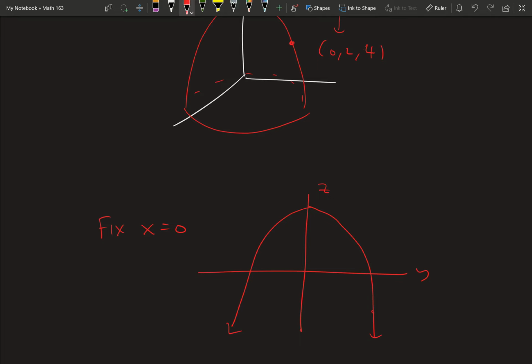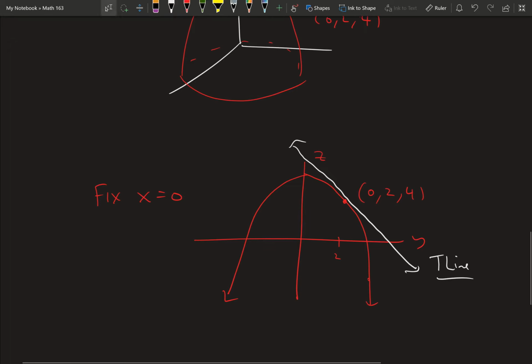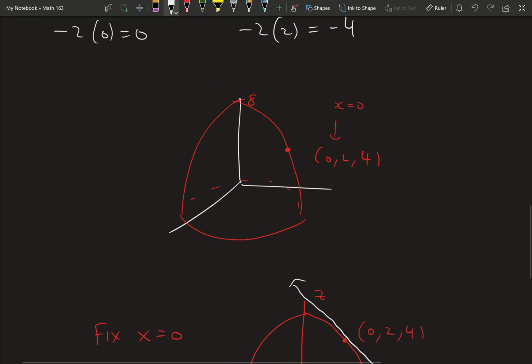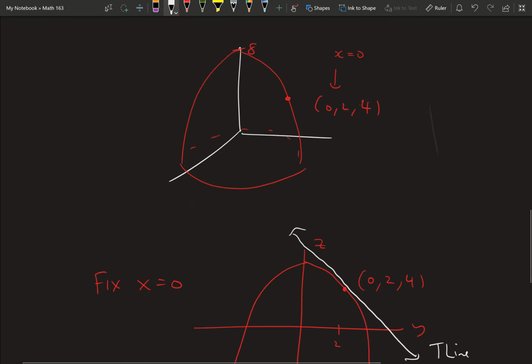And now you're looking at the point where y is 2, so this is the point, well, let me keep the x coordinate there, where x is 0, 2, and 4. And if you take the derivative here, or if you take the tangent line, it will look something like this. This is the tangent line. The slope of this tangent line is -4. That's what we computed, right? We got -4 right here. So the